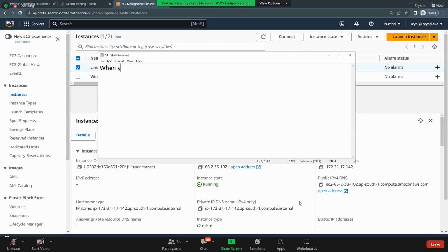When you reboot the EC2 instance, there is no change in the instance state. So what does it say? It will always show the instance state as running.